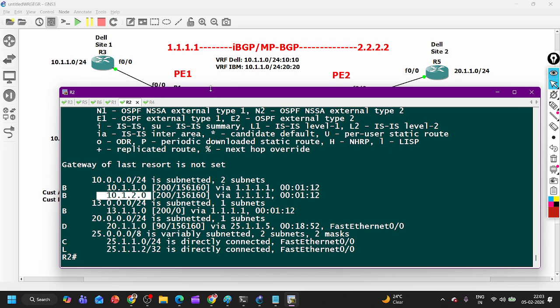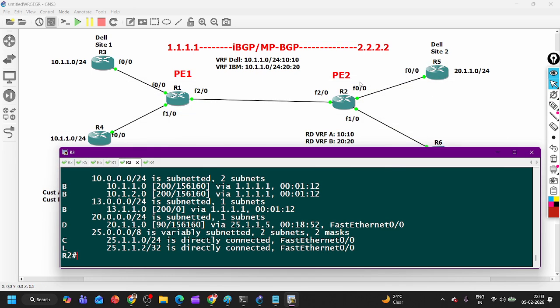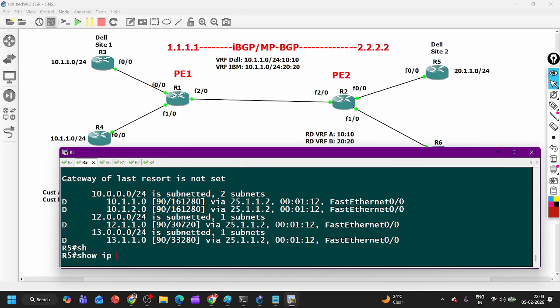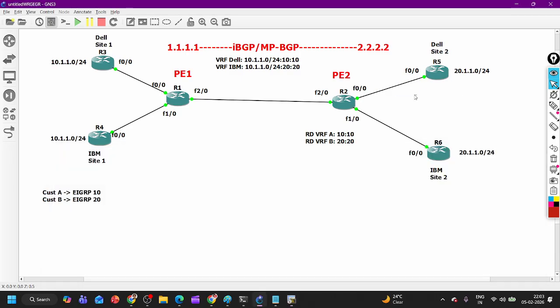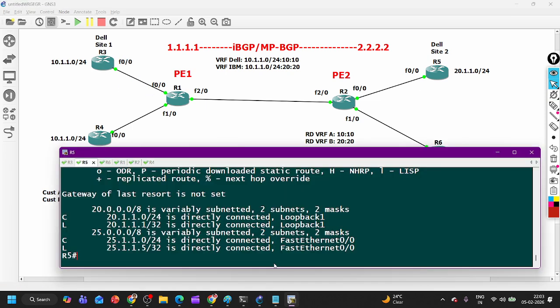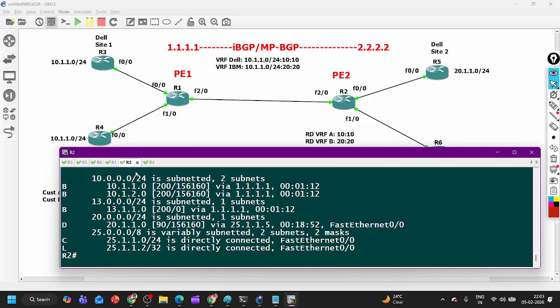Will the provider edge advertise this to customer side 2, to router number 5? Will R2 advertise to R5? Go to R5 and check. So IP route, no, not coming. Why? Because here I am running which protocol? EIGRP. And between PE and CE, which routing protocol? BGP. So prefixes are coming through BGP. Now you have to redistribute BGP into EIGRP. To avoid this redistribution, you can enable BGP between customer edge and provider edge, so that you don't need to perform redistribution. Otherwise, on router number 2, as soon as I say